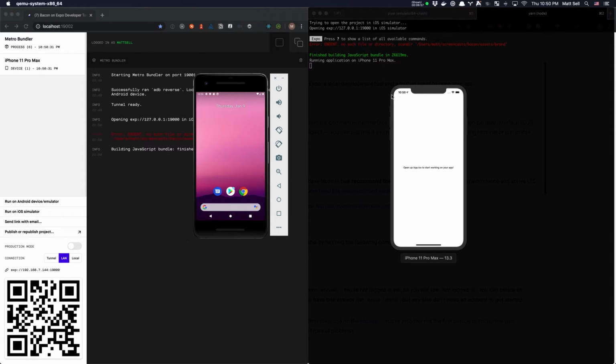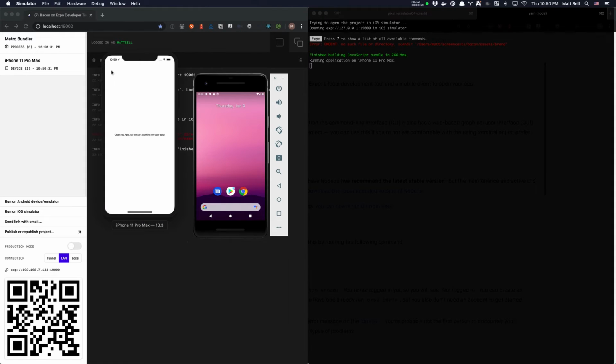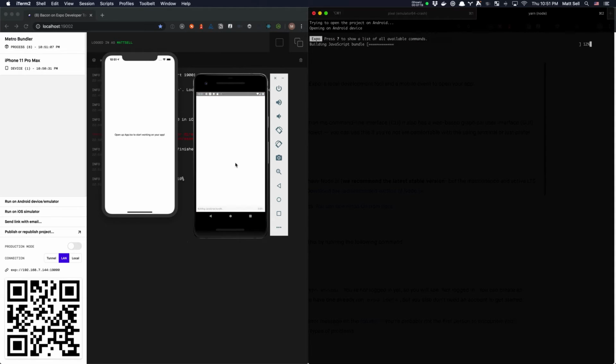All right, so right now I'm running the base. It's just an initialized empty boilerplate from Expo, and just has this view with this text: open App.tsx to start working on your app on iOS. I'm going to go ahead and press the A key in the terminal and launch it on my Android device